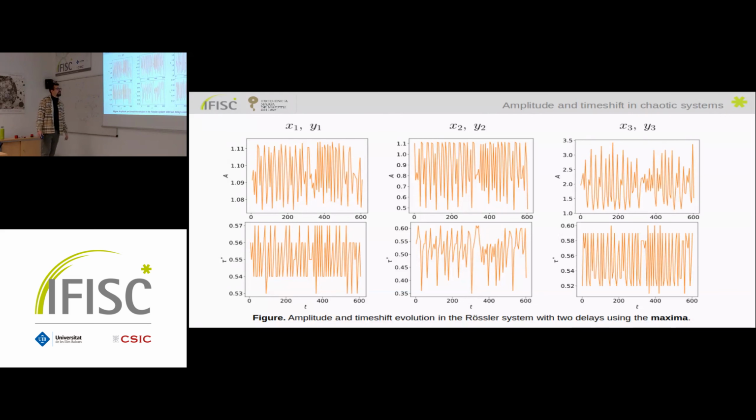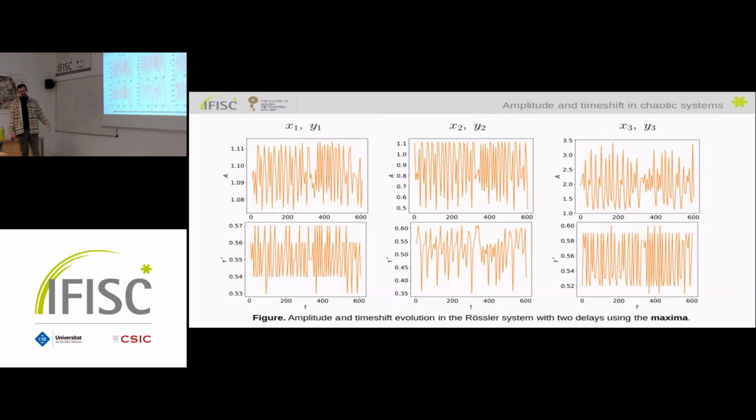And for the third variable, as we have mentioned before, there is a huge amplification. Sometimes there is not that much amplification. Sometimes we get results close to 1, but sometimes we can even get some results close to 4. And there is also, again, some variability for this time shift, as you can see here. And also, the average is slightly above the average delay that we have introduced into our system. And this is kind of complicated, and we cannot explain that from just the linear system that we have said.